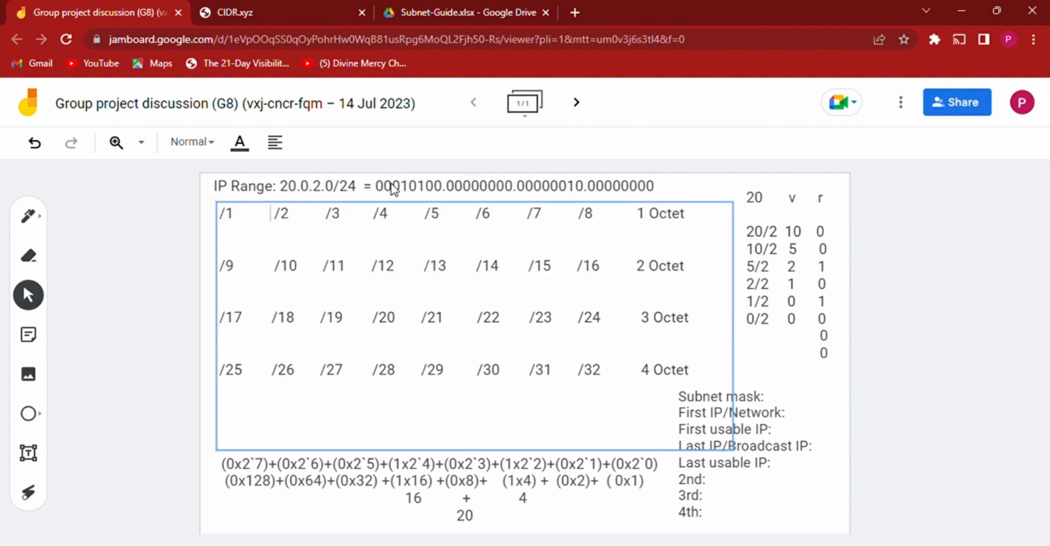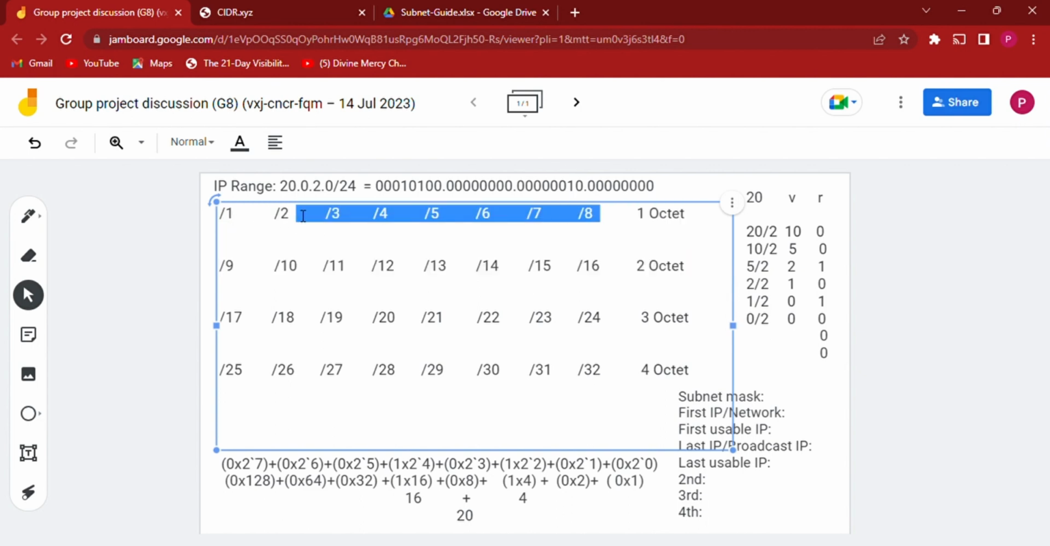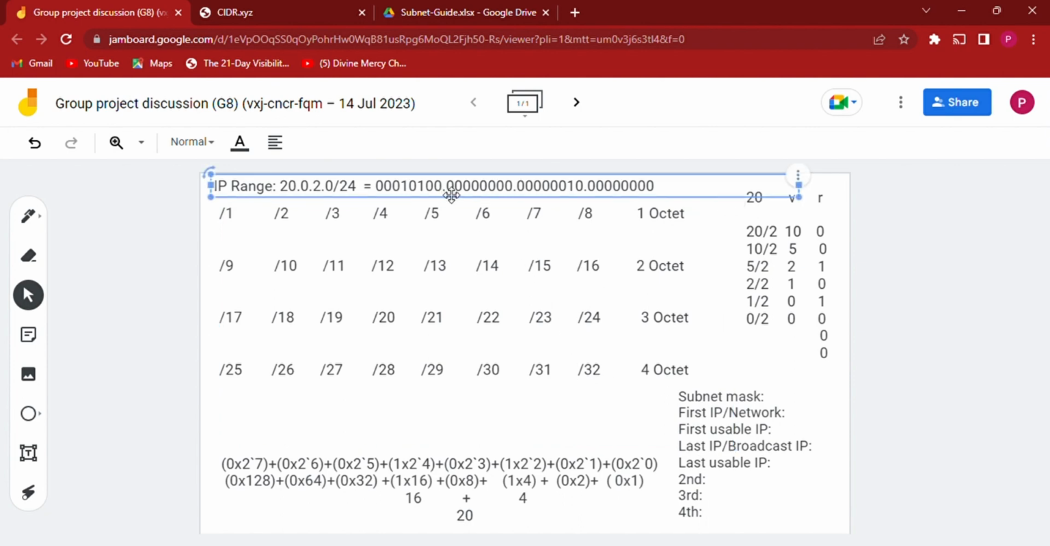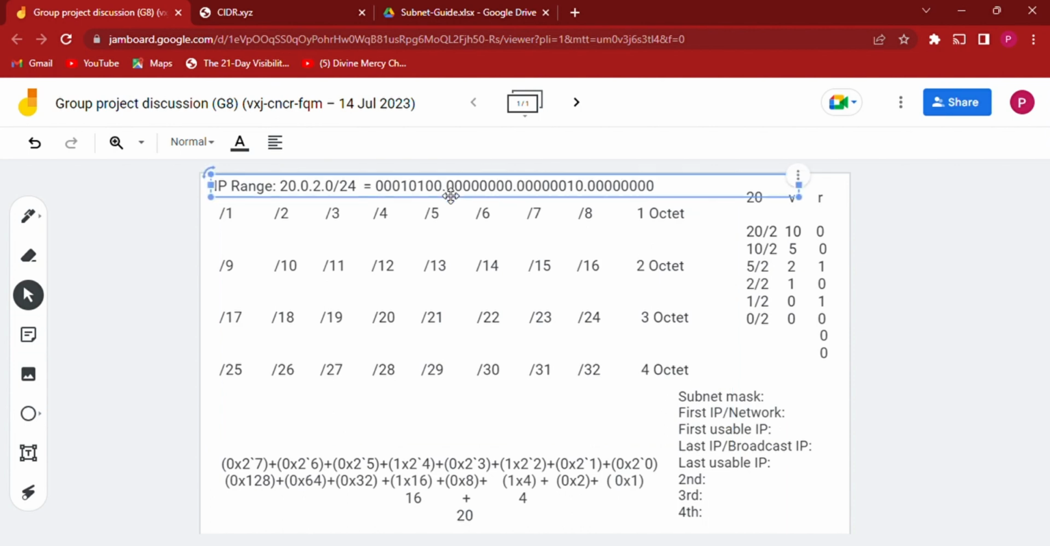You can calculate 1, 2, 3, 4, 5, 6, 7, 8. So 8 ends the first octet. That's why I've arranged them here for you. So the first octet is up to 8. The second octet continues to 16, to 24, to 32. Now, to calculate the subnet mask, from here, when the entire octet is taken, right, /8